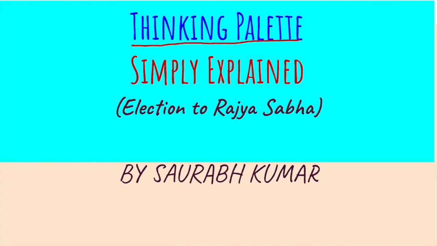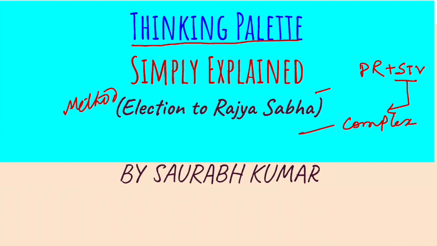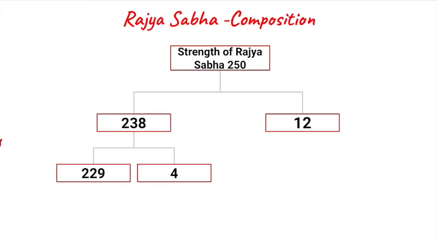In today's Simply Explained series, I will talk about the method of election to the Rajya Sabha, which is proportional representation by means of the single transferable vote system. This system is very complex to understand, so in order to simplify it, I will use the example of one state, and how the MLAs elect the MPs of the Rajya Sabha from that particular state. But before jumping directly into the method of election, we will first understand certain facts associated with the